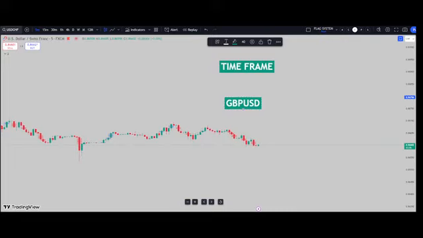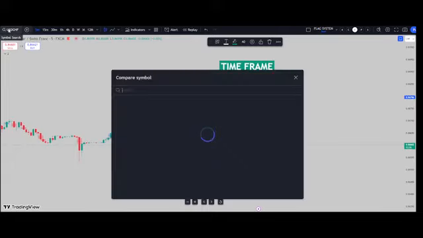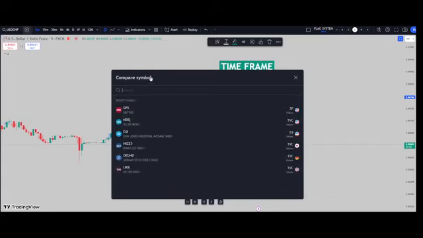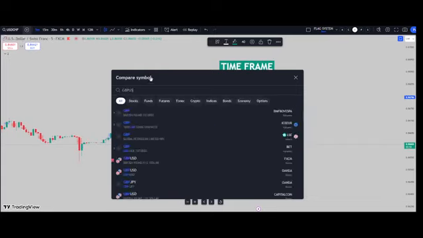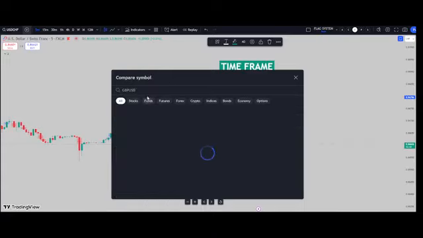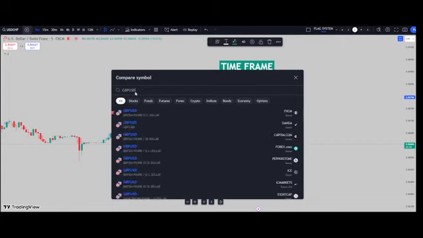It's loading now. Then type GBP USD. The broker that you are going to use for this GBP USD is FXCM. Don't use Oanda. Click on the first one,